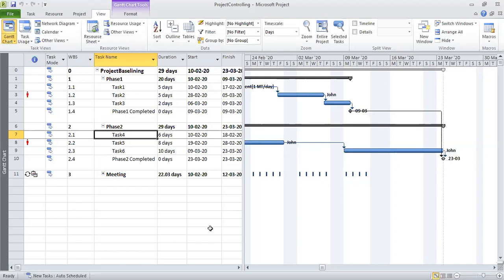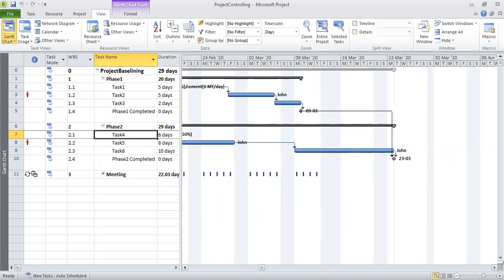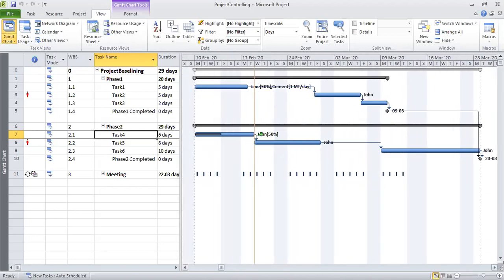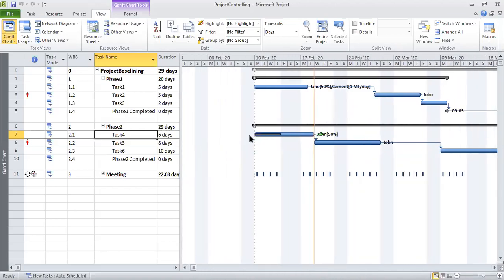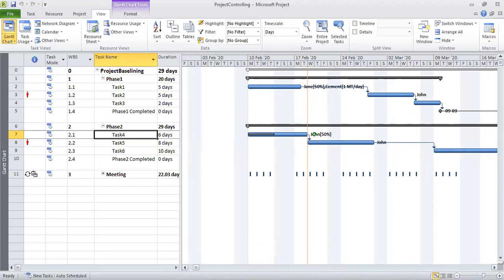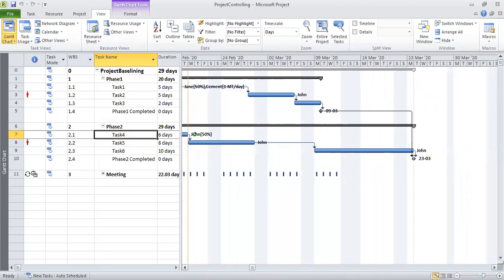If you want to do that, one simple way is you scroll through. I want to see task 4, and I scroll through and I get it here. This is where task 4 is. But if the schedule is a big, complex schedule, this may take some time to get to the